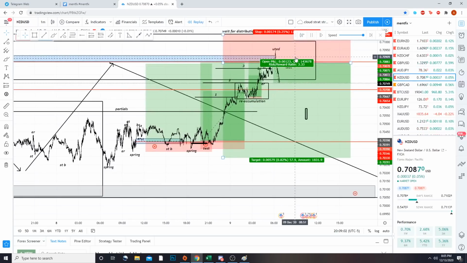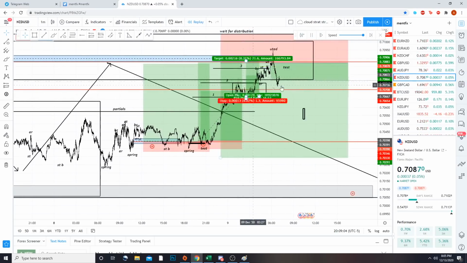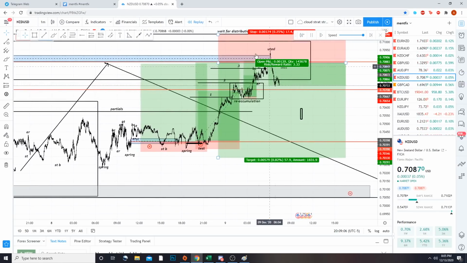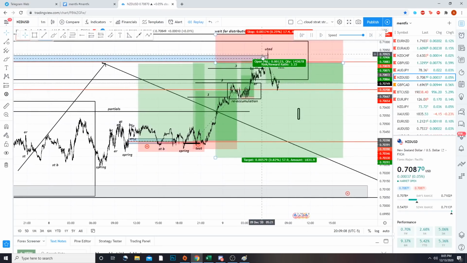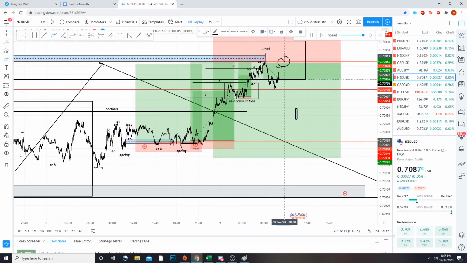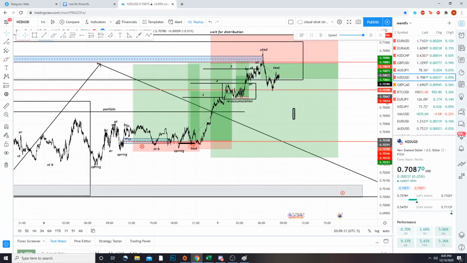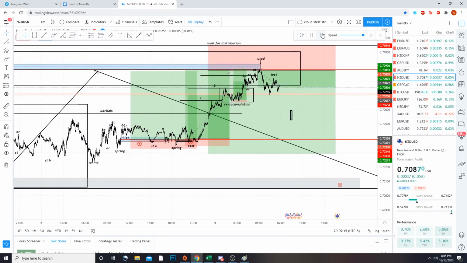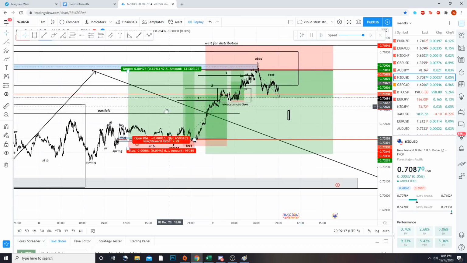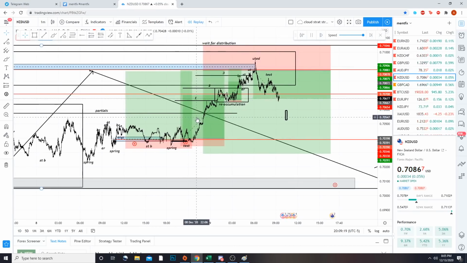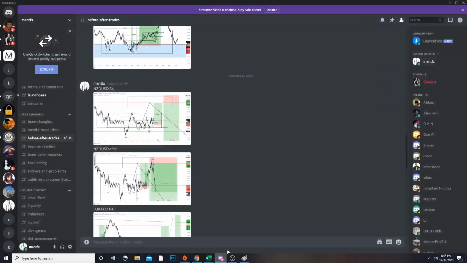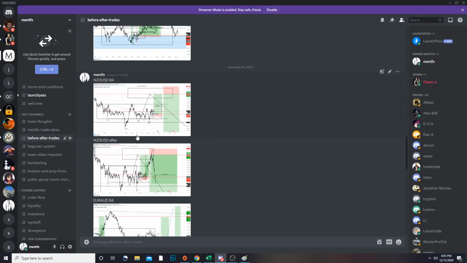Once we got here, again, I myself was not able to be a participant in this. A lot of people were because they took it up here. I wanted to wait for more confluence and see a test of this area here. I didn't get that. It's unfortunate, but that is how trading is going to be. And that did not bother me because I already understood and already made, what is this? Like literally about 1 to 20 technically on the entire week. So that's NZD USD. Let's go through some of the others.